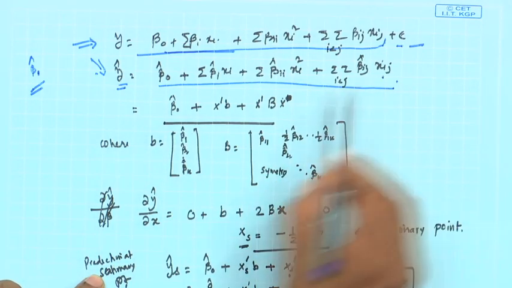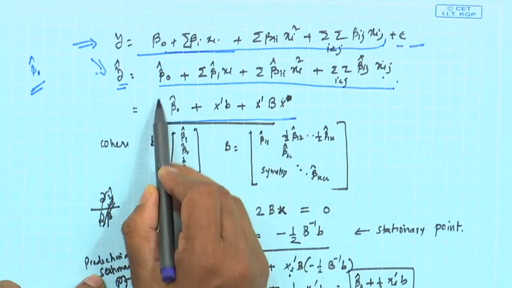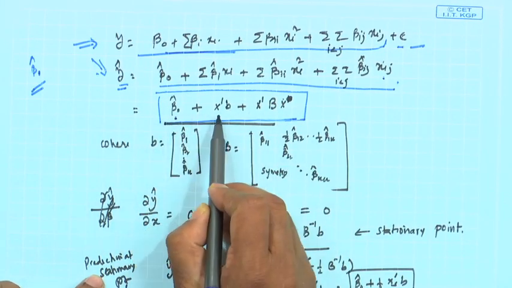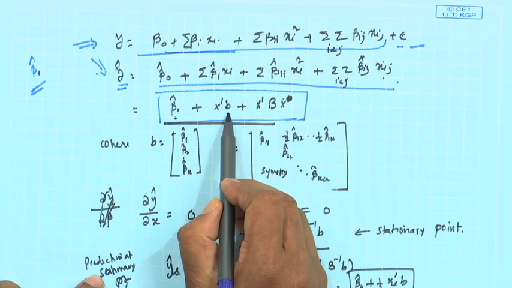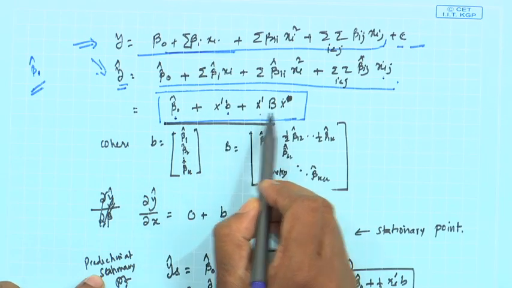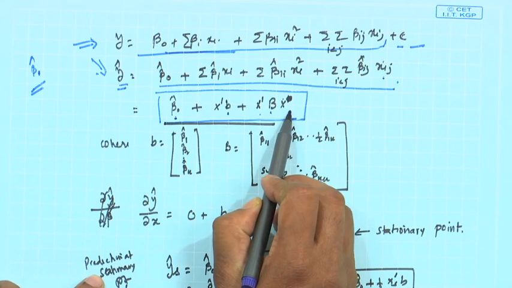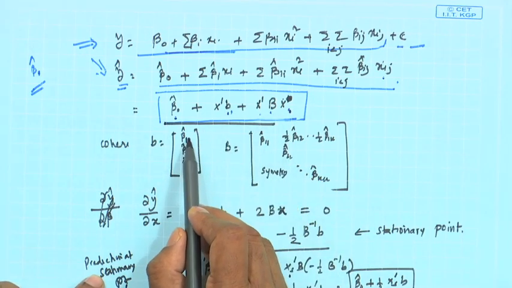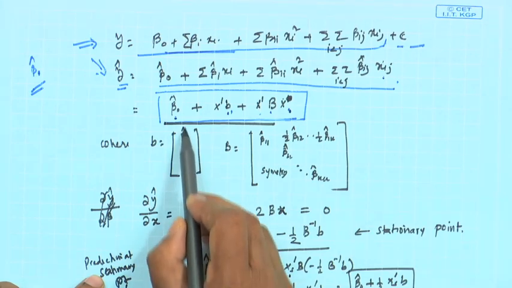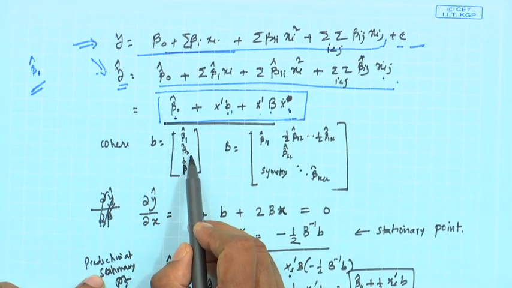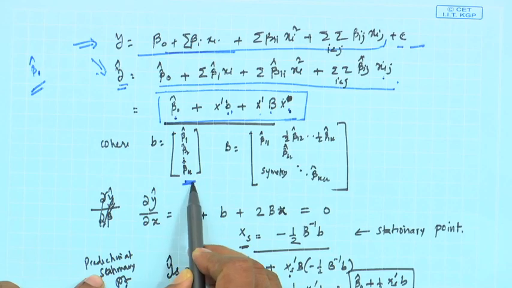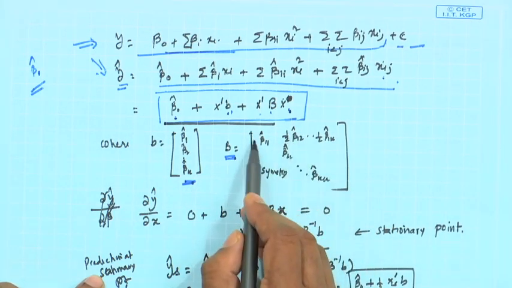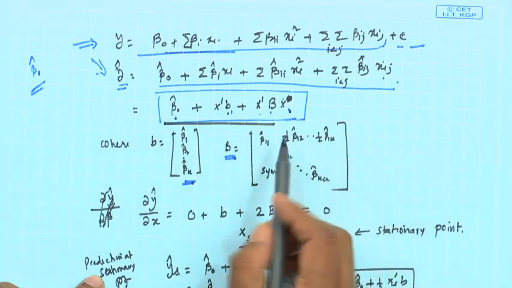So, now this one can be represented like this: beta 0 cap plus x transpose b plus x transpose capital B x, where small b is the estimate of the first order coefficients, the beta 1 cap, beta 2 cap, beta k cap, and capital B is basically